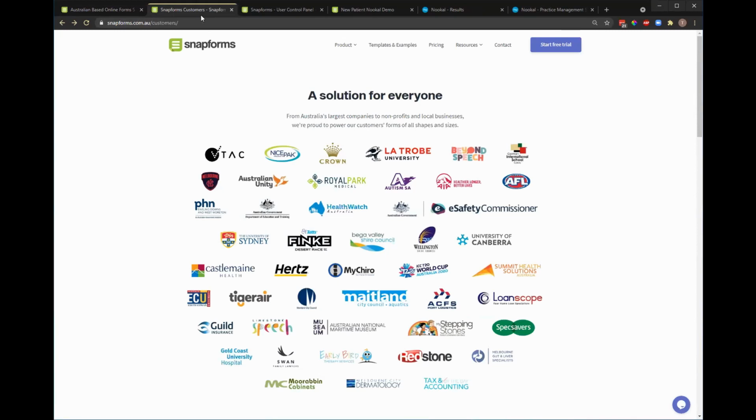And now with this integration with Nookal, we're really helping, in our view, streamline how practices handle patient intakes, how they collect information on their patients, and giving different options on how you collect that patient information. And speaking from personal experience, going into practices, whether it's a doctor's or a physio or a chiro, all these different practices that I've been to personally, I think the thing that rings true to me,